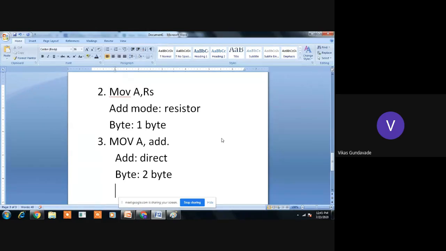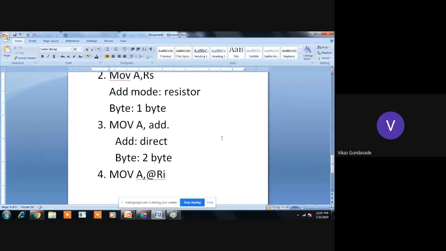The next instruction we have seen is MOV A, @Ri. So which is the addressing mode? Indirect, right?